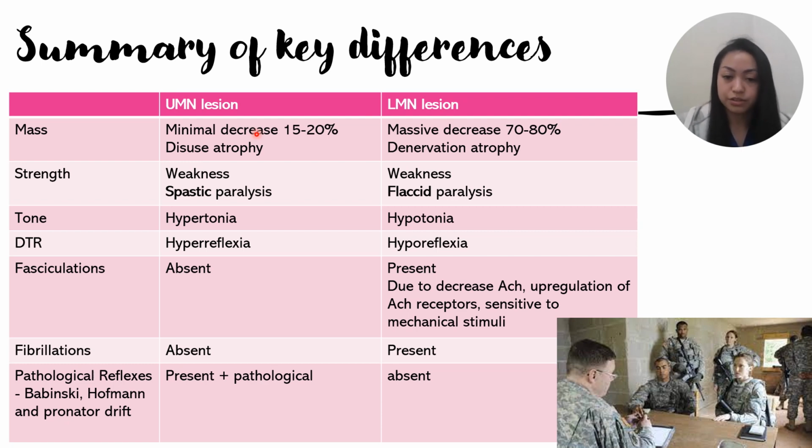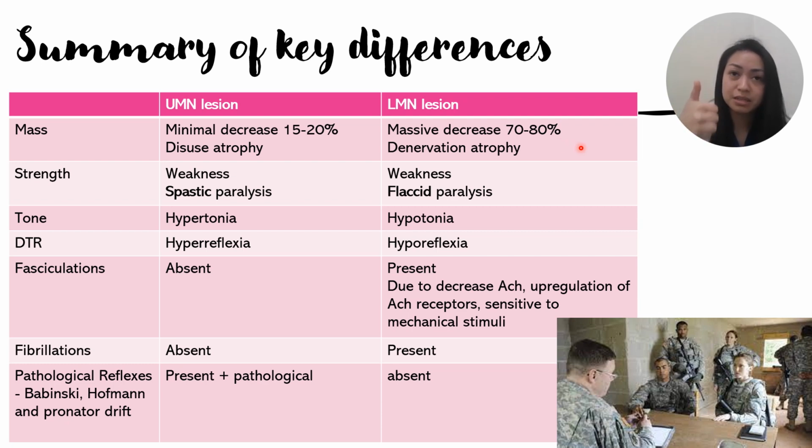So disuse atrophy. Okay. In lower motor neuron lesions, there's a more significant atrophy. So about 70 to 80% loss of muscle mass. And this is called denervation atrophy. So the problem here is with the acetylcholine. So less acetylcholine is being released at the axon terminal because there's a lesion in the lower motor neuron. Therefore,